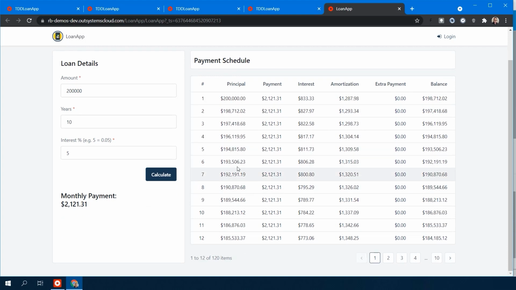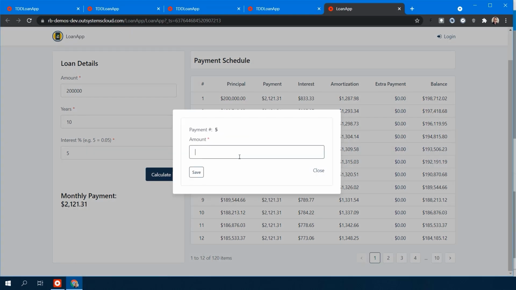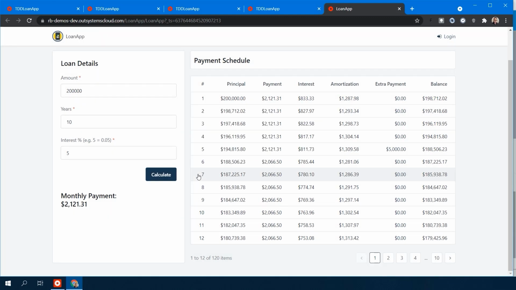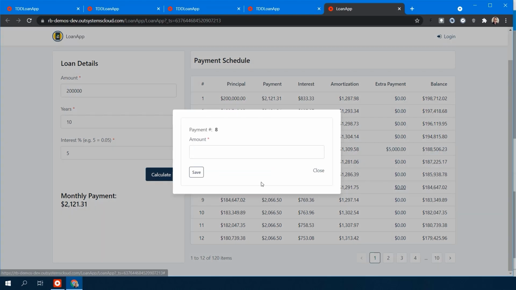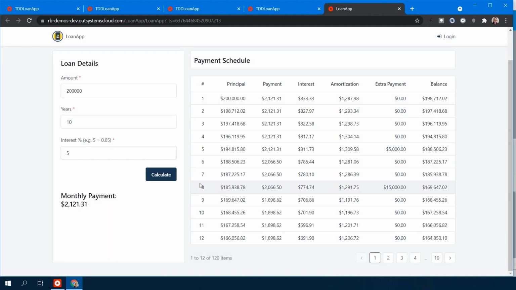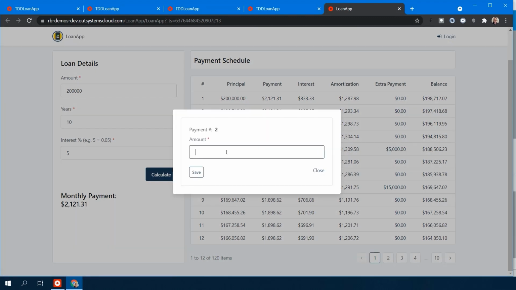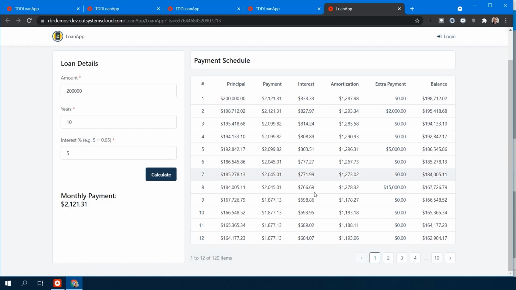Now, if I want to go here and let's say at month 5, I need to do an extra payment. Let's say I'm going to add an extra $5,000 in my payment. As you can see, the payment is constant through all the months or the payment numbers. And once I added an extra payment, the payment changes, and I can do this whenever I want. Let's say here, I'm going to add another 15,000. And even if I go back and say, hey, I want to add 2,000, it just keeps recalculating the payment